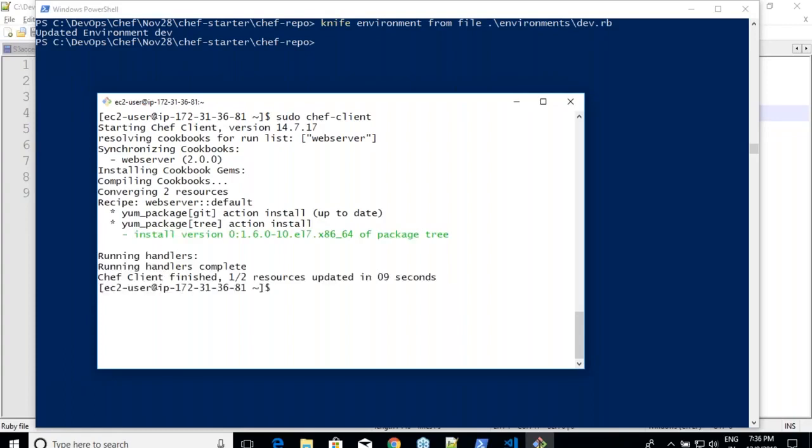Is that fine? Yeah. Now the thing which I have to do is the same drill on the other two machines, which I am not going to do, because you have understood conceptually what it is, right? So this is why we use environments and roles and attributes. Environments save us from accidental uploads of cookbooks and applying them, right? And in production, remember, whenever you are putting restrictions, always put restrictions on equals.